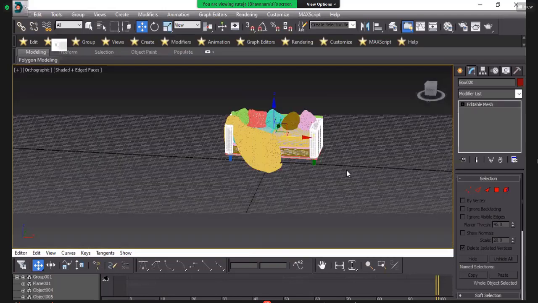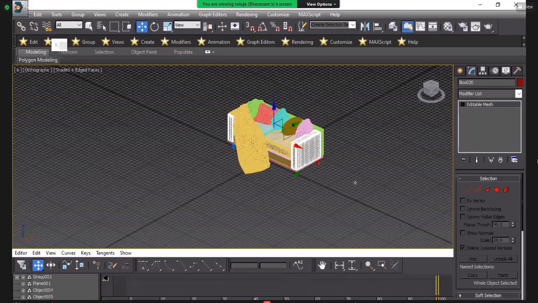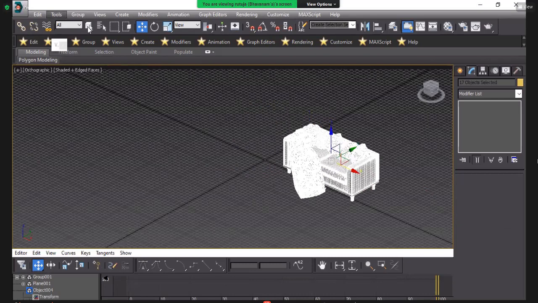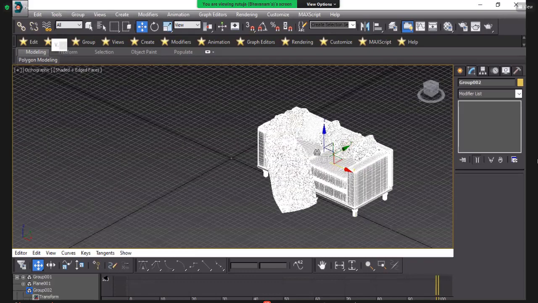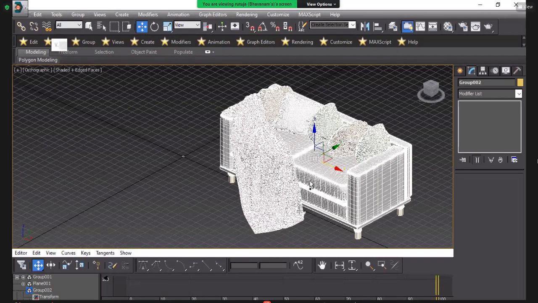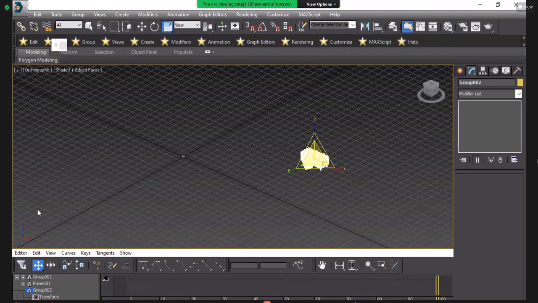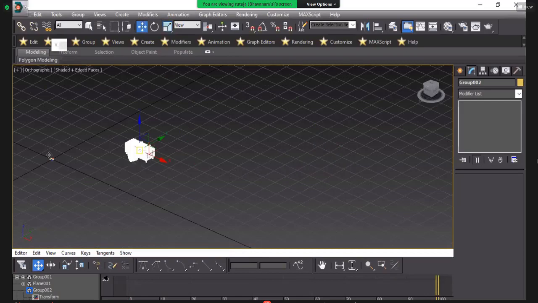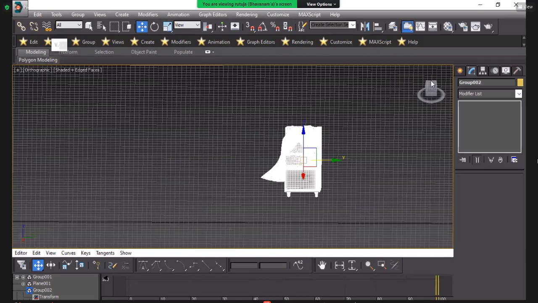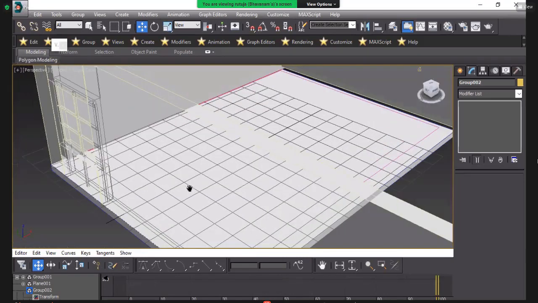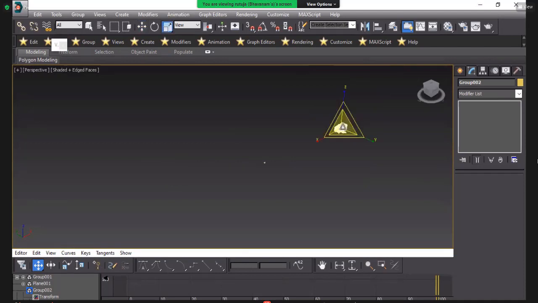So I got one furniture here. Select it and scale it first of all. Make it a group, because if you don't have a group, then it will disappear and you can't find it. So that's why our model is here, and our sofa is too big. So press R and scale it. With the help of W, with the help of the move command, you place it.